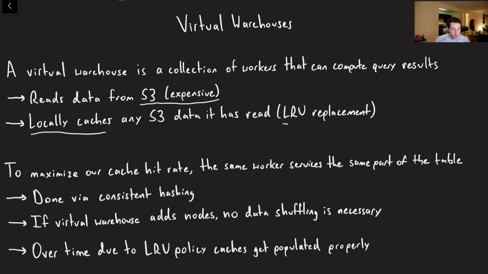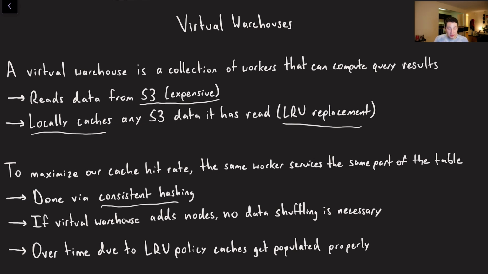And then we're also going to use LRU replacement, because at some point we're going to run out of storage there, right? So we're actually caching all of that data on our local disk, note local disk, not memory, on our virtual warehouse workers, and that way we're going to be able to speed up quite a few reads. So the idea here is that, if we're going to be performing all of this caching, it would be great if we can improve our cache hit rates. And the way that you do that is by having the same worker nodes of each virtual warehouse querying the same files within S3. We can do that pretty easily. The way that we do that is just by taking the hash of the file name and always sending it to the same virtual warehouse worker.